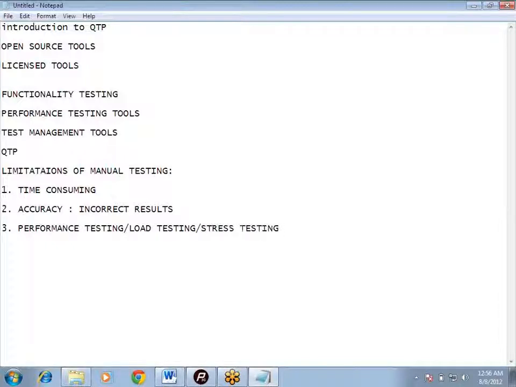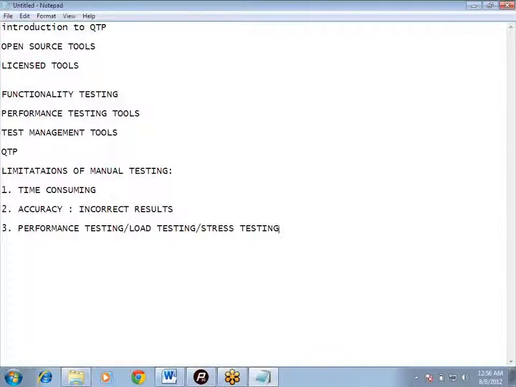What is performance testing? Testing the application under customer expected load. Similarly, as I just explained in the example, if my customer says that my application is going to be visited by 2,000 users at the same time, then managing 2,000 people sitting in front of us, accessing the application at the same time, is a very, very difficult task. So for that, we have tools available in the market like LoadRunner, which creates virtual users for us, and we can test our application for 2,000 users.